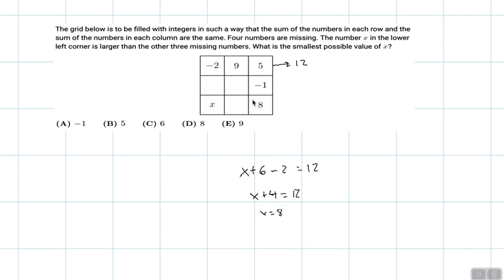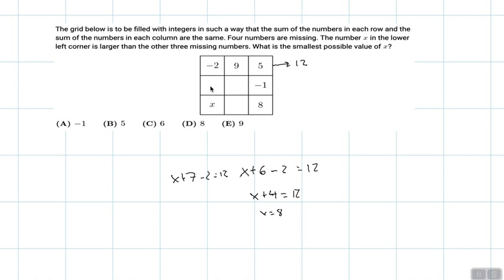If that were 6. Is larger than the other 3. So x would be bigger. So if this were, let's say this number were 7, x plus 7 minus 2 is equal to 12, then that would be 7. So this has to be a positive number. And this number has to be,